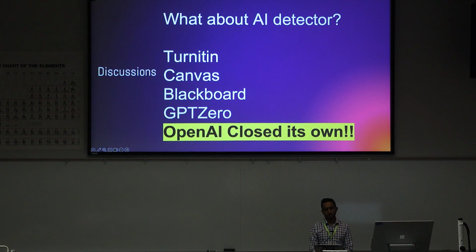One point in the discussion that came up in interviews, and I want to highlight it because I think it's pretty important, is that a lot of the time faculty were thinking, I wish there was a tool where you can put in the answer and it will tell me if a student wrote it or if ChatGPT or some other tool generated it. They often mentioned using Turnitin, Canvas, Blackboard, and a couple actually suggested using ChatGPT itself to ask if it wrote the answer. Please do not do that.